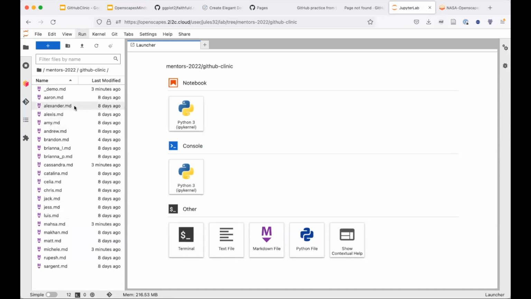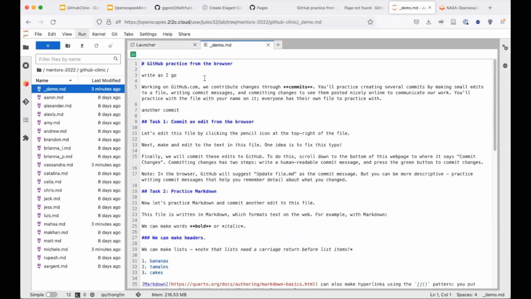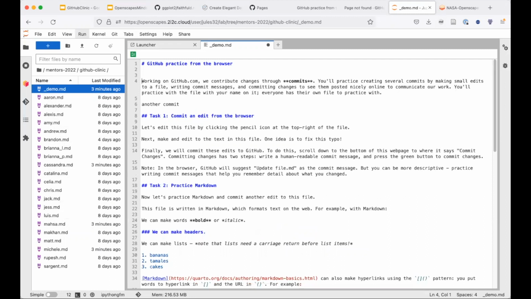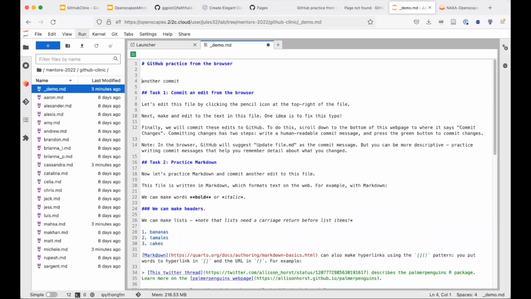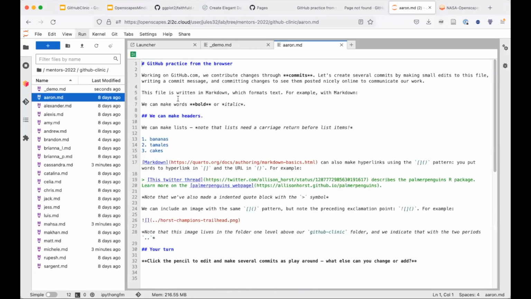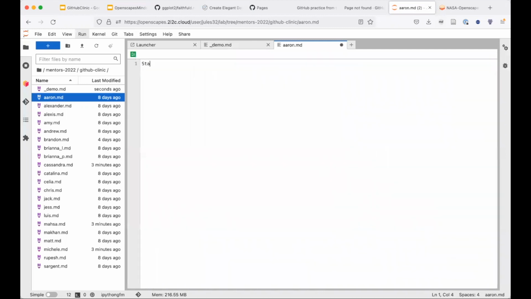To edit files in JupyterHub, I can click these. I'm going to go ahead and delete a few things and make an edit. And something I'm going to do too is I'm going to just go ahead and edit errands too, just to demonstrate. So if I open errands, let's say I want to delete everything and start afresh here. So I've been able to edit 2 different files here, which is one of the reasons why working somewhere